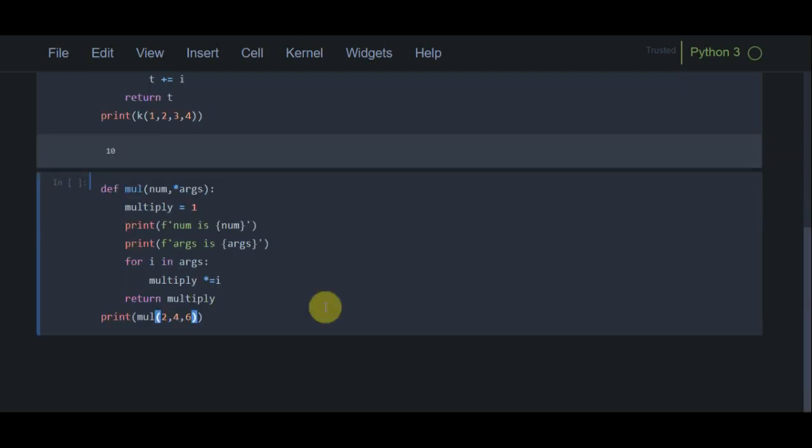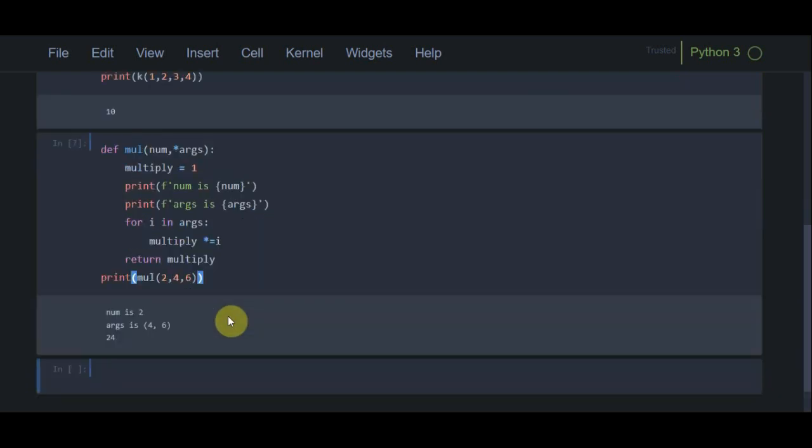2, 4, 6. As you can see, if I run this program, the first argument will be stored in the first parameter num, so we can see that here num is 2. The args argument will take the remaining arguments. 4 and 6 will be stored in args.